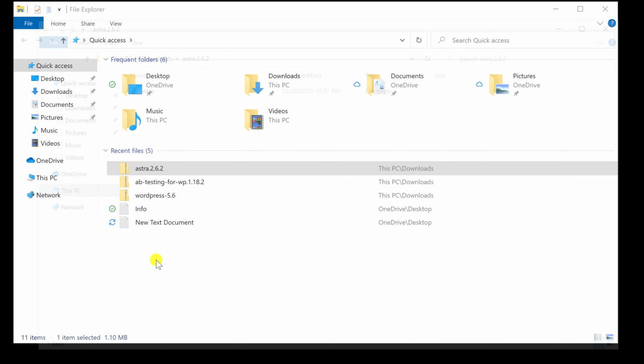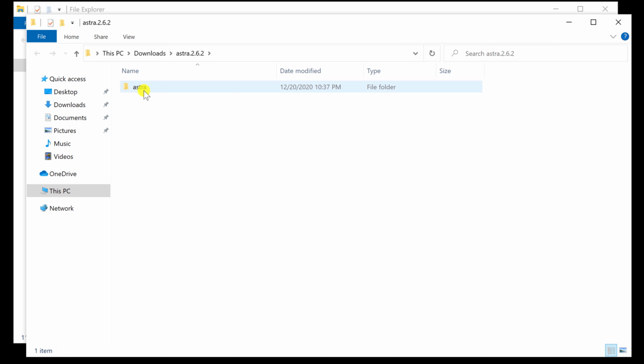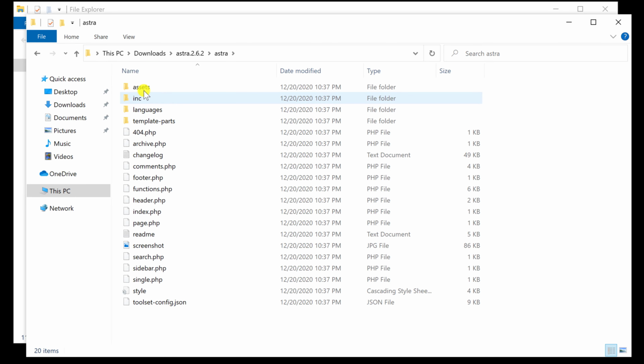Let's open the folder we just extracted. You need to have on this folder some PHP files. If you do not have this and have another archive, you will need to extract the file again. Some premium developers do this, so you will need to copy these files to the server.